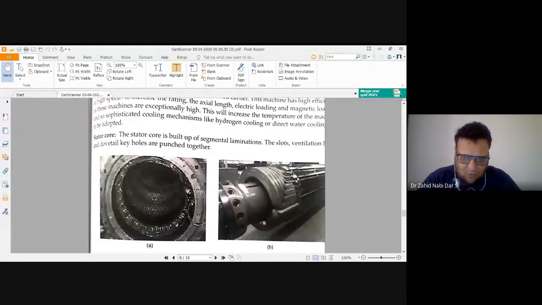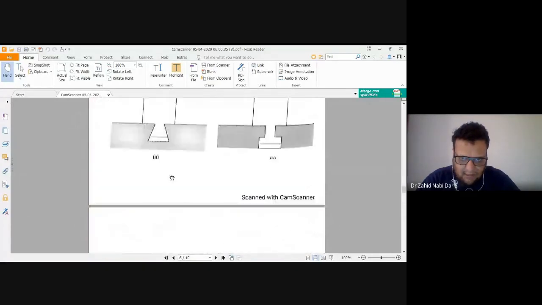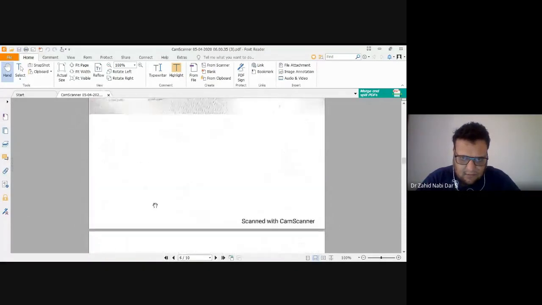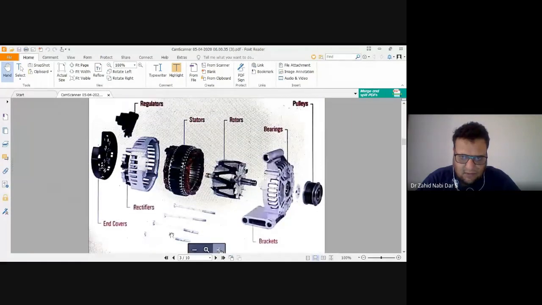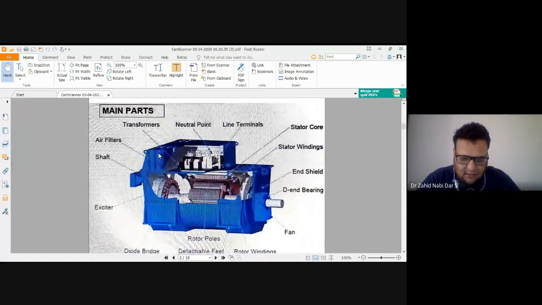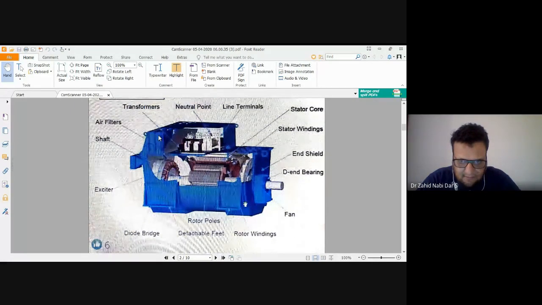I'll go back to the picture so that you can visualize when I'm talking. Here is the rotor, with the brushless system on it. This is my rotor, the complete arrangement. These are the number of poles over there. This is a brushless DC exciter. Here the rotor poles are there, this is the rotor winding, and you can see a connection going from the rotor winding to the exciter.